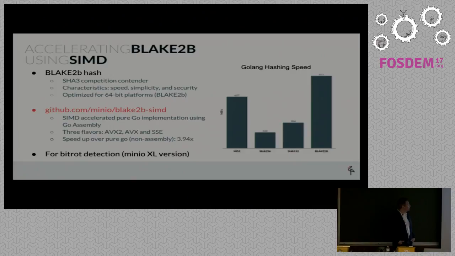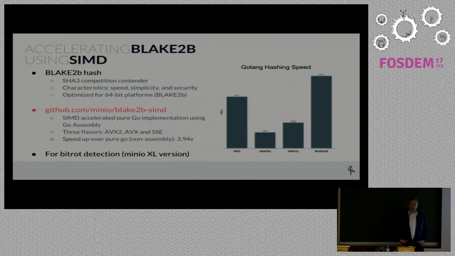And it's really optimized for 64-bit platforms. So we developed a repository using the SIMD instructions to accelerate the BLAKE2B algorithm. And actually, we did it in 3 flavors. There's an AVX2 implementation, which is the fastest. Then there's an AVX, and then there's an SSE implementation. So depending on what your CPU supports, the highest level of SIMD instructions that is supported will be used. But overall, we were able to achieve close to a 4x performance improvement over the high-level Go